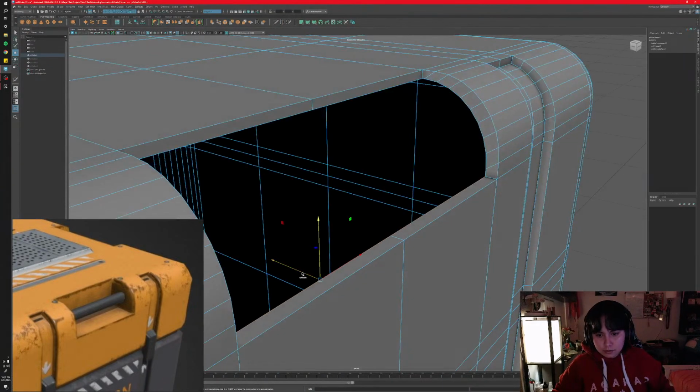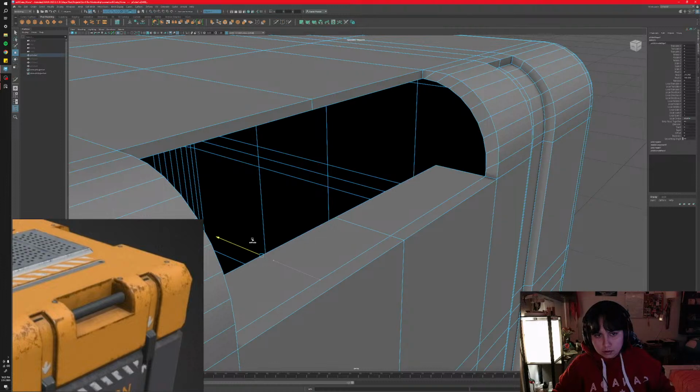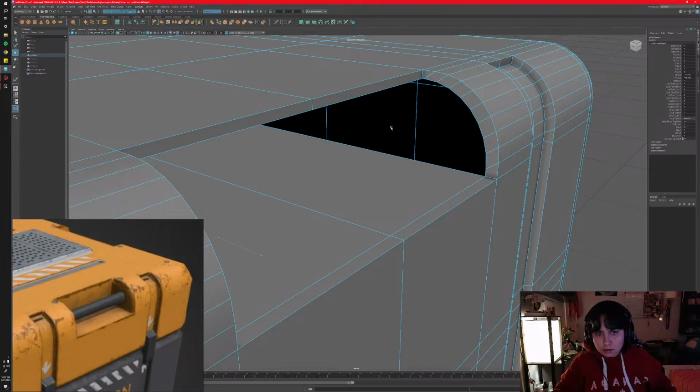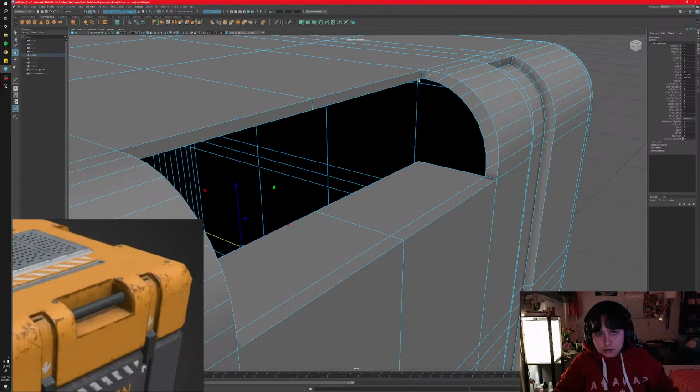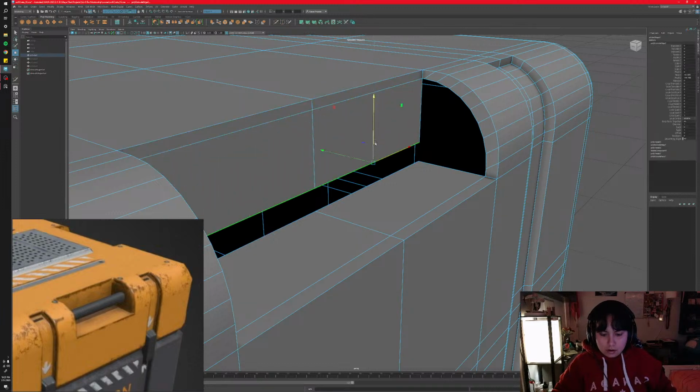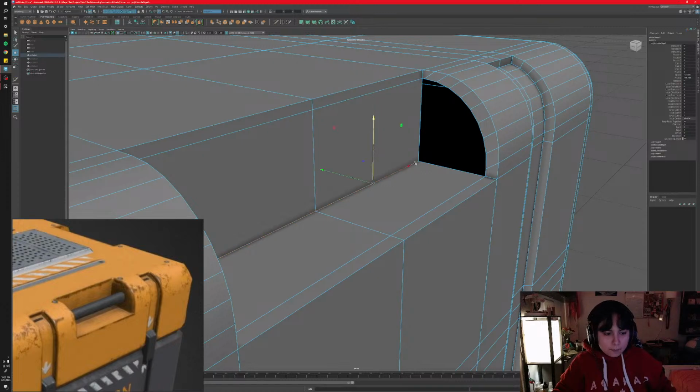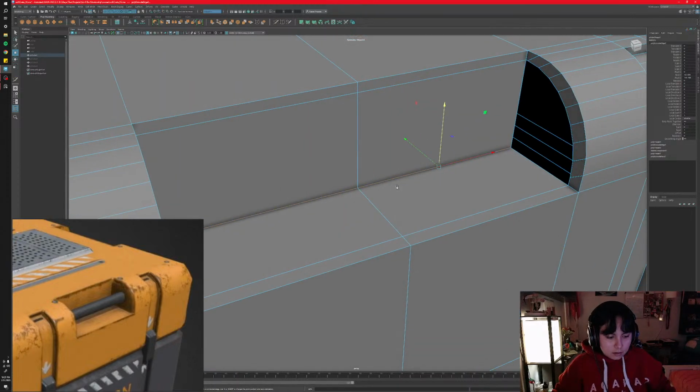And then we're gonna extrude this out like this, and we're gonna extrude it out to here, and then we're gonna extrude this out down here, and we're going to extrude it out to here, and then